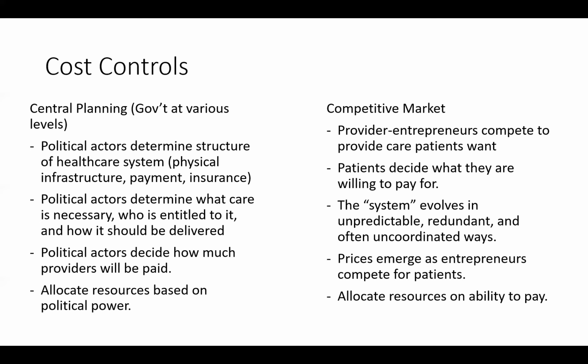So then now you've got politicians deciding things like, well, you qualify for care if you're this age or this income, right? So that's Medicaid, right? If your income crosses this level, then you don't get care, and you've got to figure something else out, right? Whereas under a competitive market, patients decide what they're willing to pay for, and they decide what's actually worth to them.